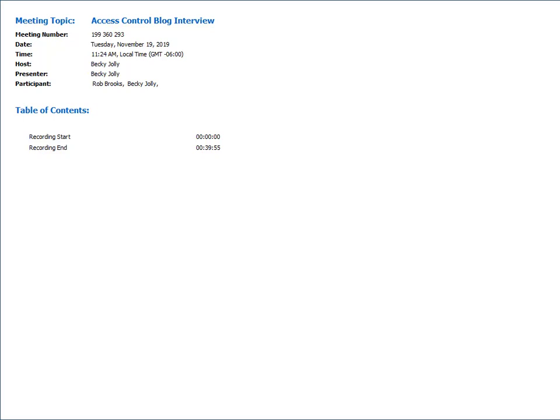Yeah, well, I think one thing that's different about Avigilon as opposed to some of the other manufacturers out there is that Avigilon doesn't require a maintenance plan and doesn't charge for software updates and that kind of thing for minor versions. So